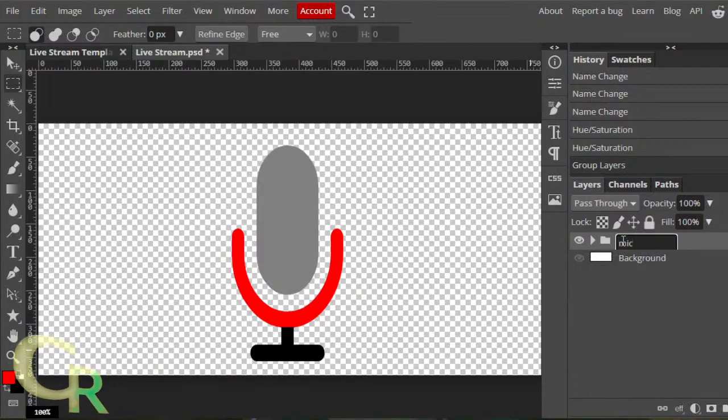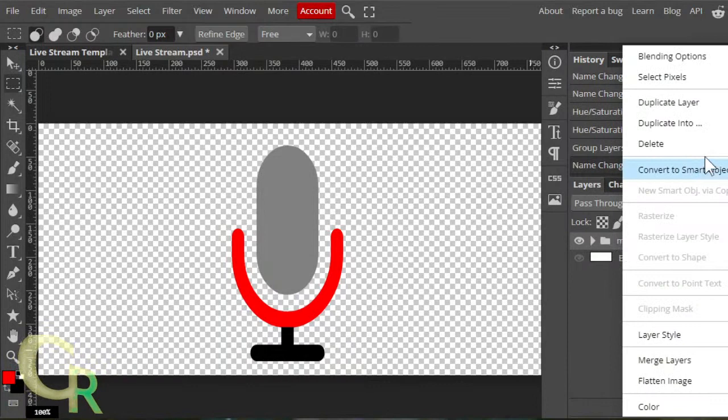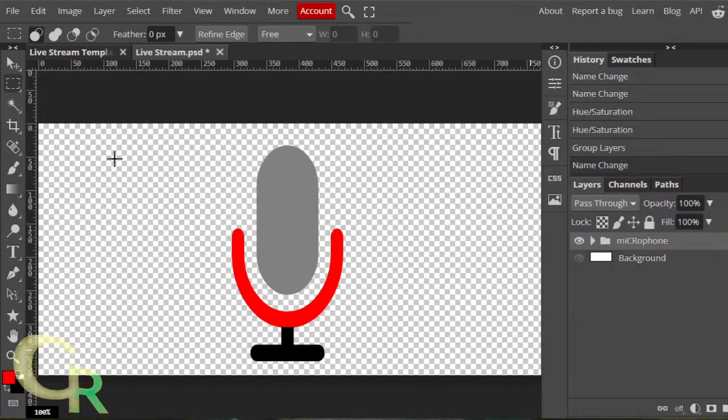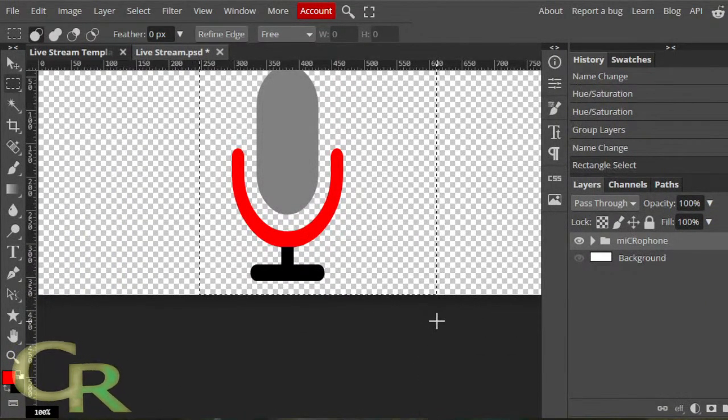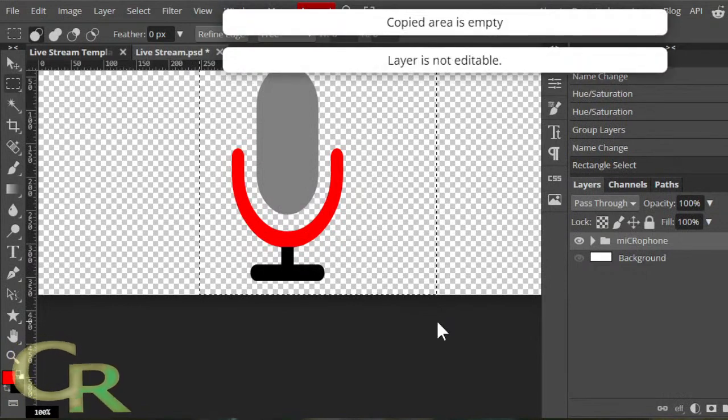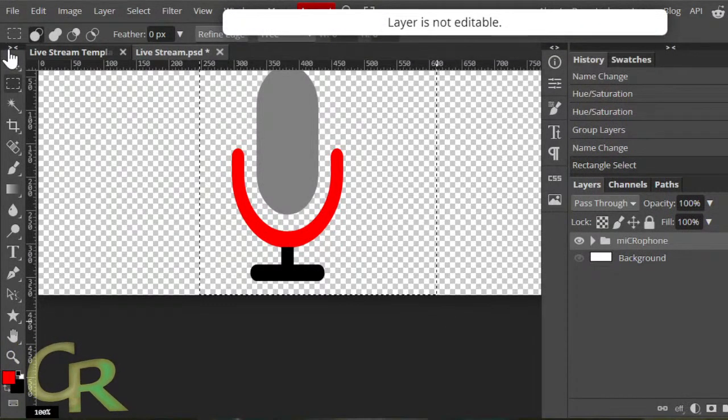Oh wait, I'll put a CR in it. Microphone has CR in it, right? Microphone. Now I think I can copy the whole folder. No, let's see. No, I can't.